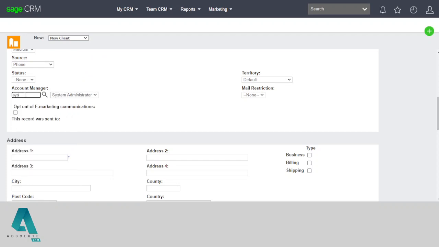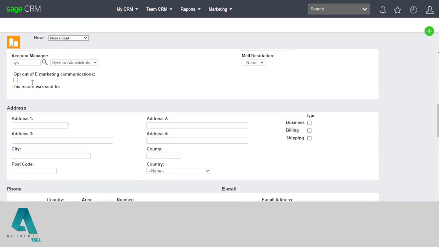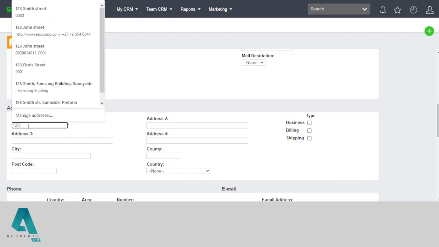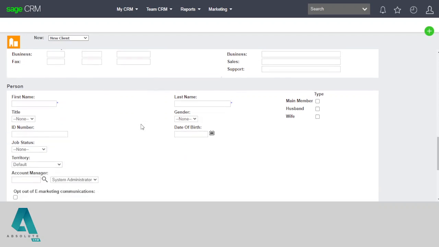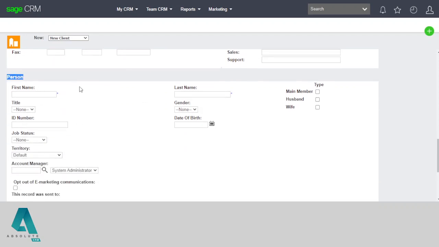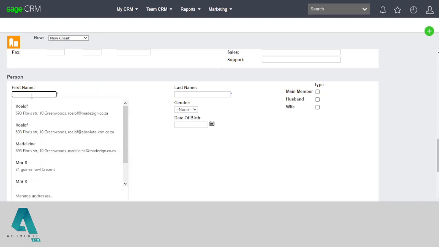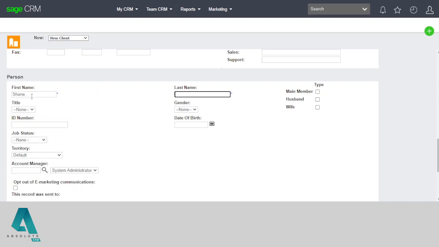Let me just change that back to the system administrator, and then we've got an address information down here. And when we scroll down a bit further, you'll see there's the contact person details. So I've also made a couple of changes in this screen as well. So let's go ahead and capture Shane Johnson, then being one of these members. His title, there's a gender field. I don't think this was on your form, but this is a standard CRM field. His ID number,